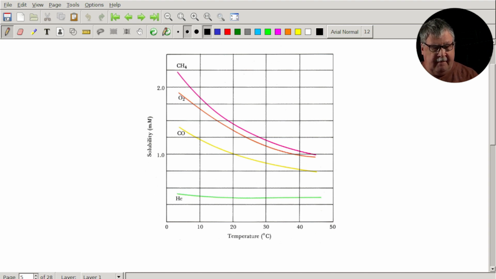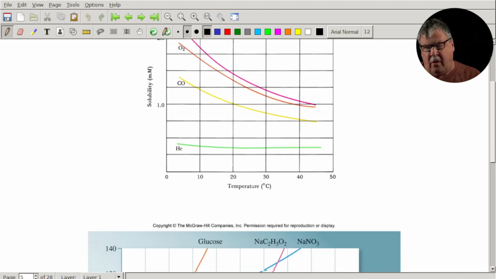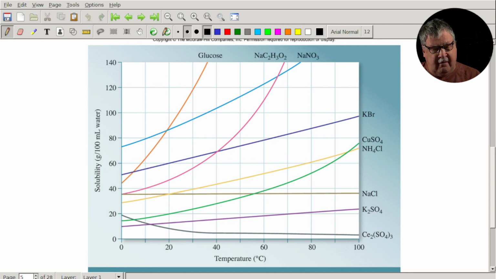All right. And we talked about that in the context of carbonated beverages, which is probably where it's most relevant, at least in day-to-day life. But you do see this, all right? Gases will not dissolve as well at high temperature as they do at low temperature. And that's pretty much all we're going to say about the solubility of gases in this chapter. What's far more important and far more interesting to us is what we see with solids, or the solubility of solids in water.